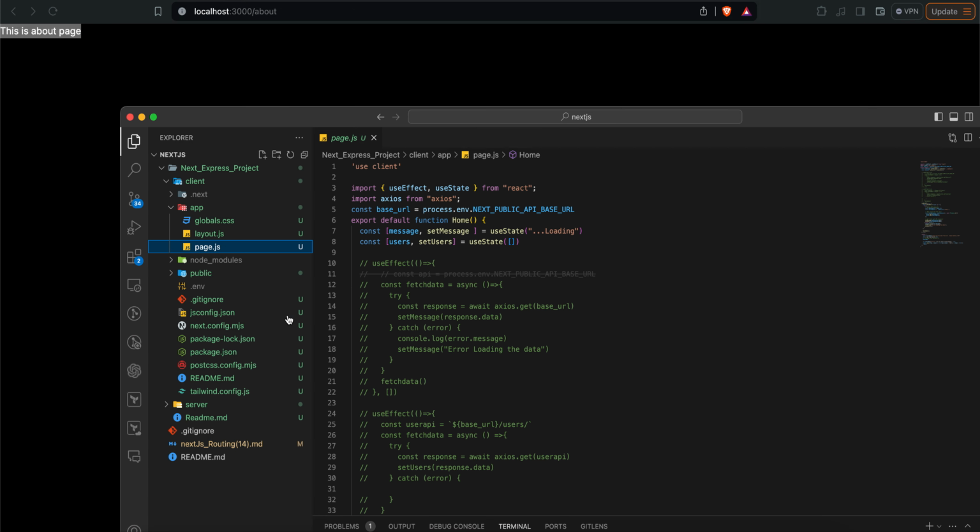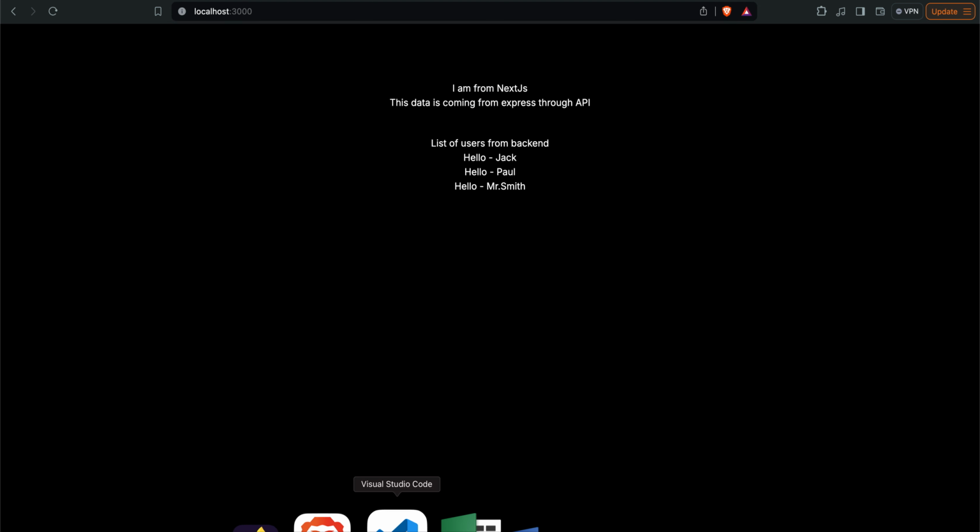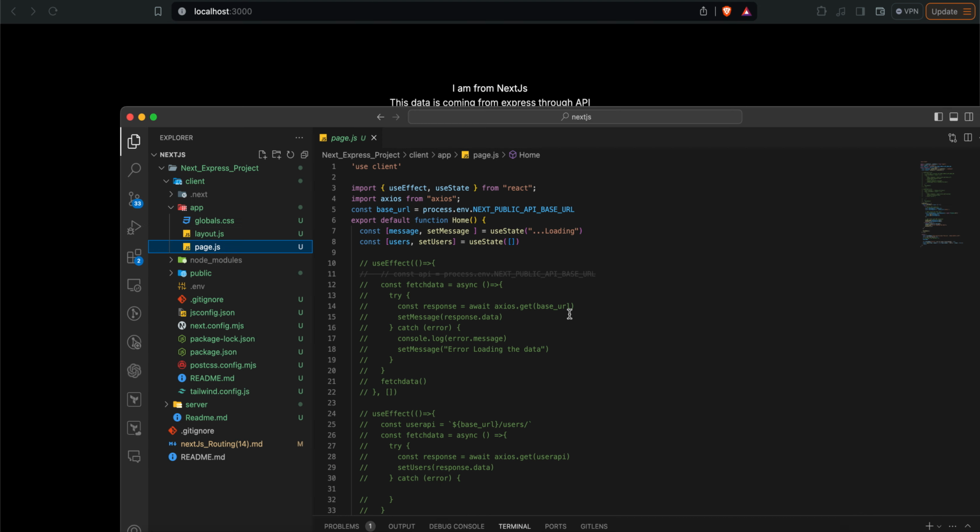Here the objective is pretty simple. We are going to go to our home page and call those APIs. So now how are we calling those APIs? First of all, we cannot use any of the React state modules